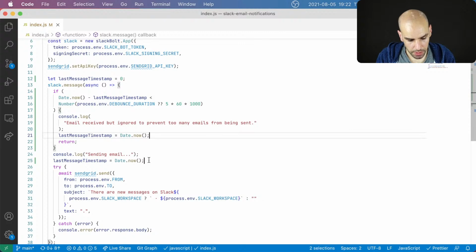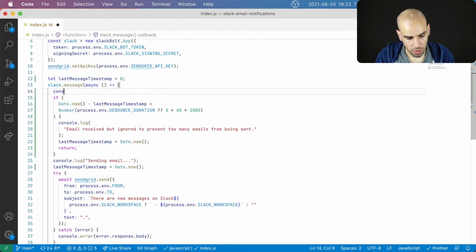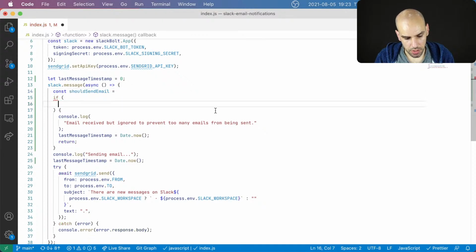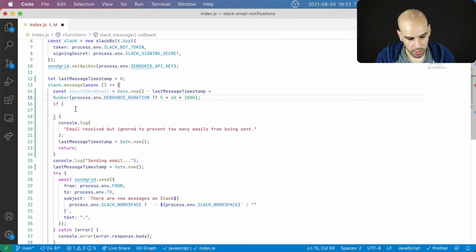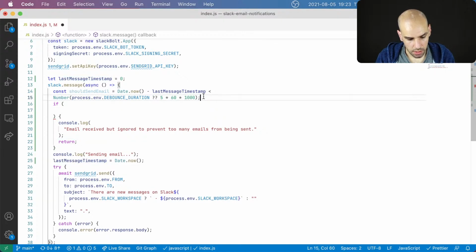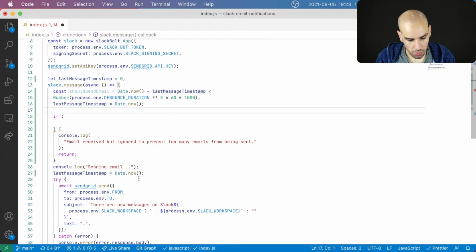And then let's see if I am updating everything correctly. Yes, I guess I am. Yeah, I prefer to do this in a single place. So I'll have something like shouldSendEmail, which will be the result of this, which we have to double check. And then we'll have something that updates the last message timestamp in a single place.